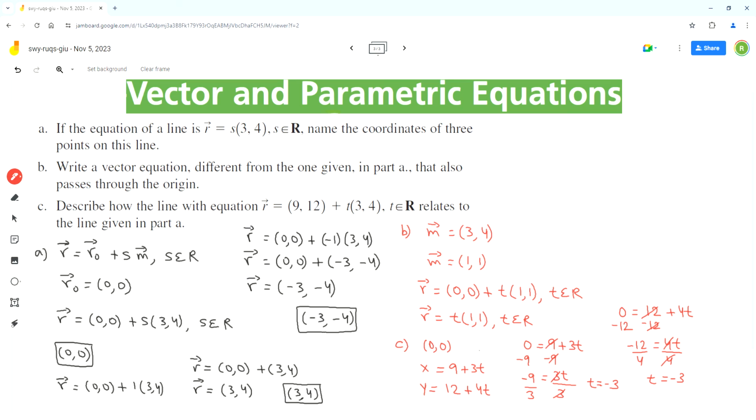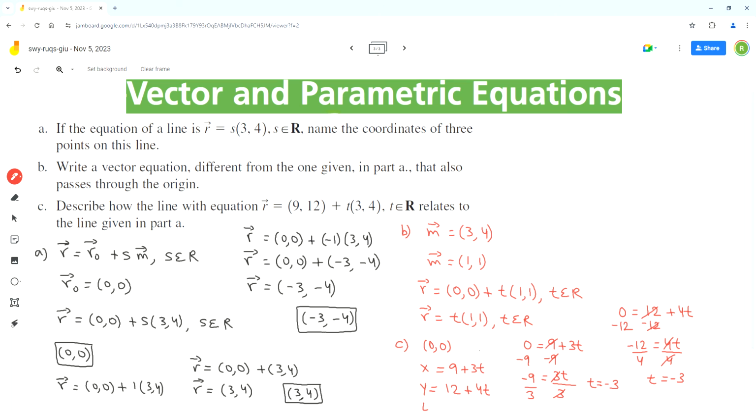That means the point 0, 0 lies on the line given in part C. That means the line in part C is the same as the line in part A because they have the same direction vector, and the point 0, 0 that lies on the line in part A also lies on the line given in part C. So we can conclude our answer as